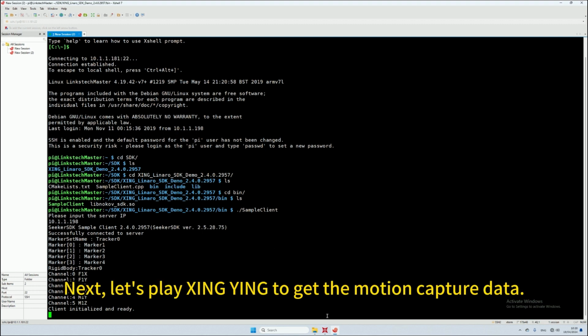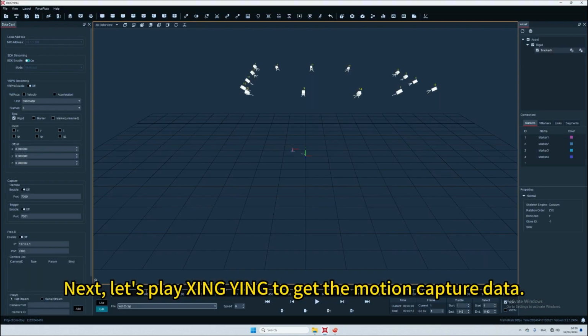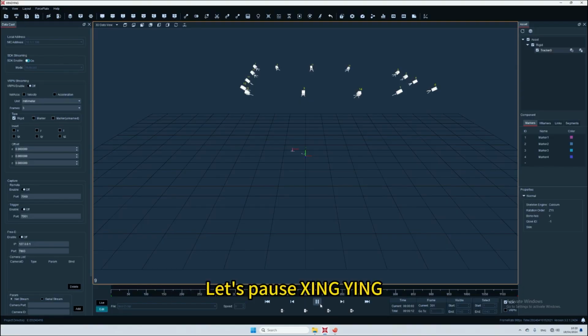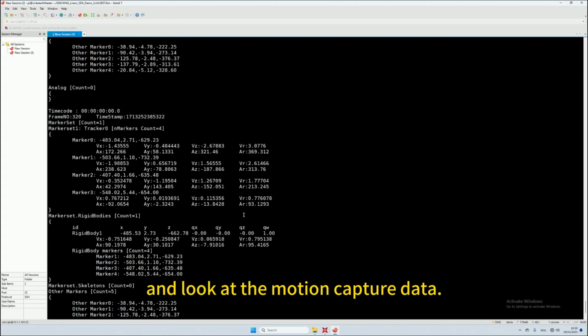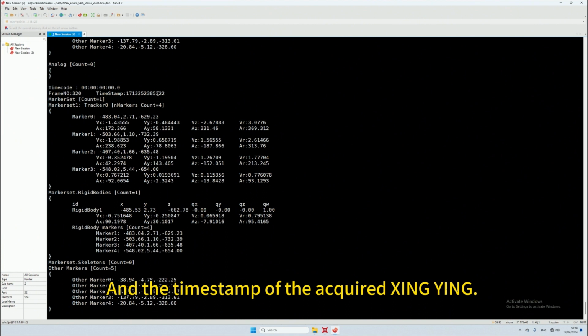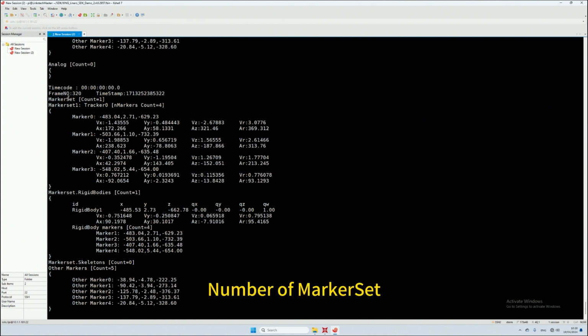Next, let's play XINGYING to capture the motion data. Let's pause XINGYING and look at the motion capture data. Here's the data we get for each frame. We start with a timestamp, then the frame number and the timestamp from XINGYING, number of marker sets,